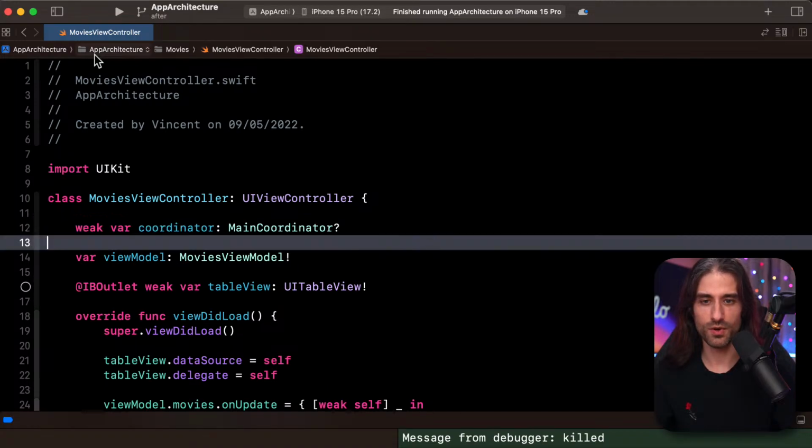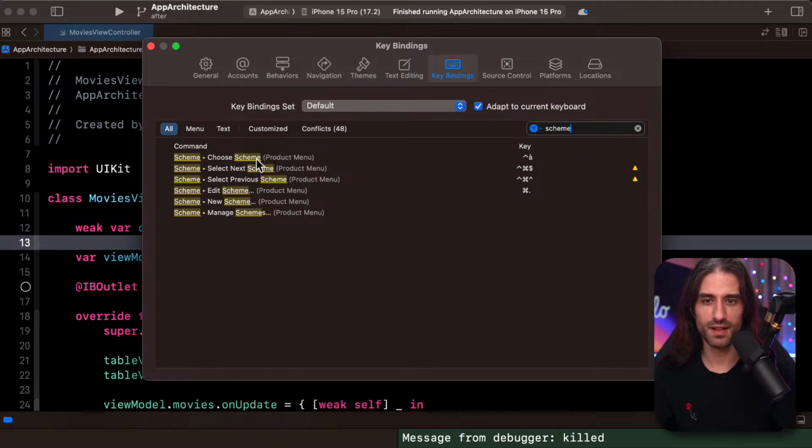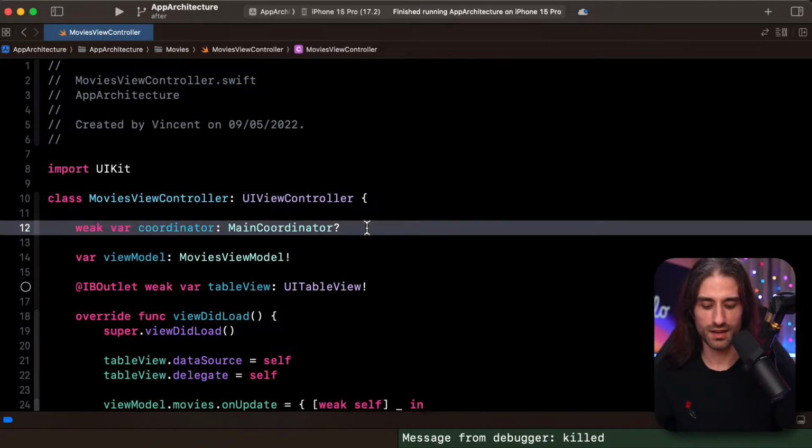No, it's not what I want. So I'm gonna check in the settings. So something to choose the scheme. Choose scheme. So for me, it's caret and, okay, so no, it should be like caret and, because yes, it's